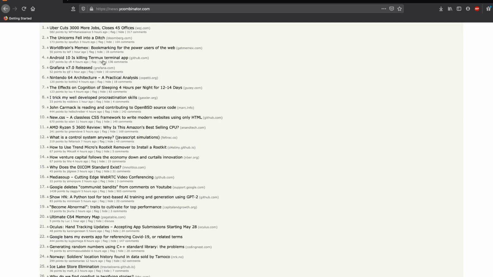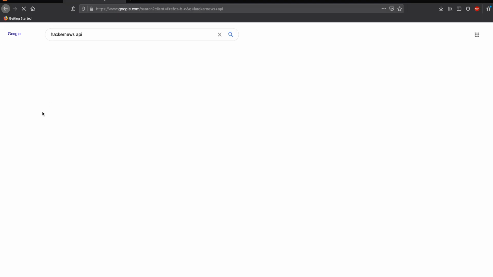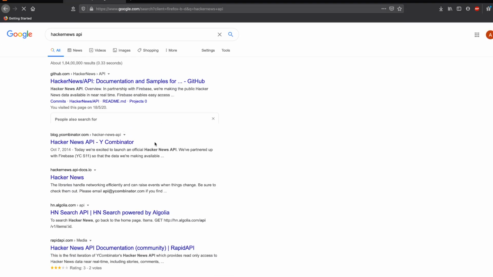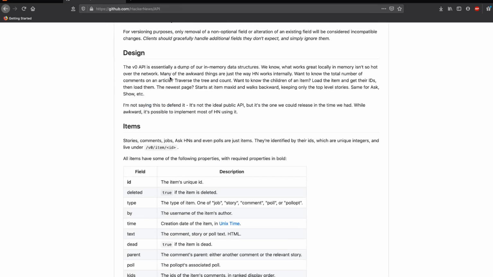But the point is, anytime you want to collect data from a service or a website, the first thing is to check whether they have an API. So let's go ahead and search for the Hacker News API and see if they have one. You can see that on GitHub, there is a Hacker News API. Whenever you encounter such a situation where you have got an API, you should not do scraping, because scraping is basically you are going to load their server. So the better way is to use the API. Whenever you have an API, please use an API. Do not scrape that website just because it is easier. API is the right way to do it.